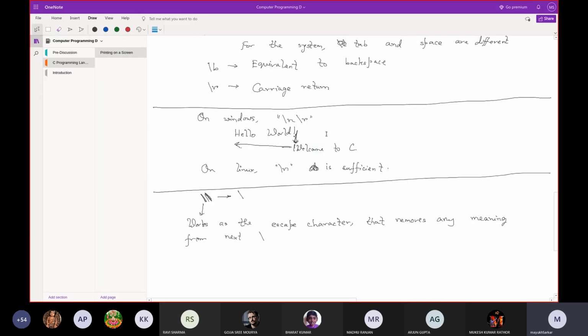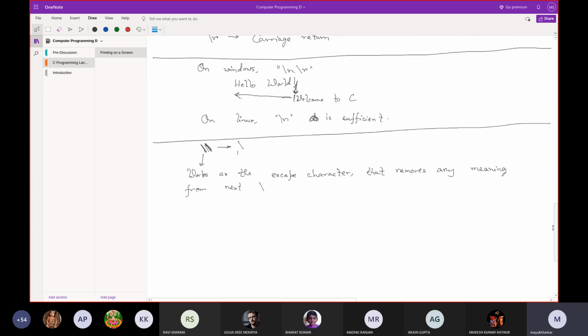In fact, there are several characters like percentage, which cannot also be printed normally. But what meaning percentage has, you'll understand when I discuss variables and how to print variables. They carry the format specifiers, but I'll discuss them in detail later. But percentage also has a special meaning in printf.